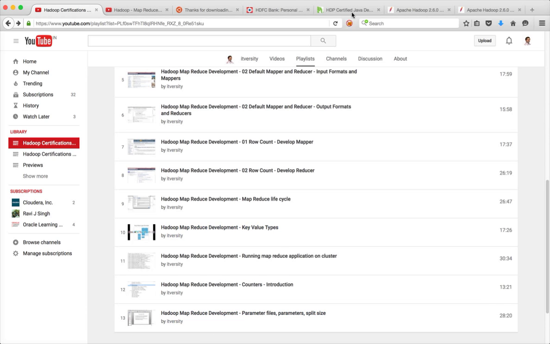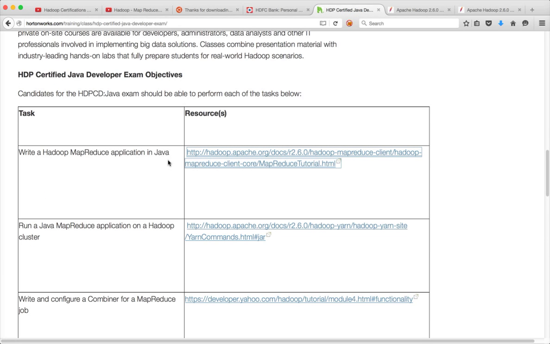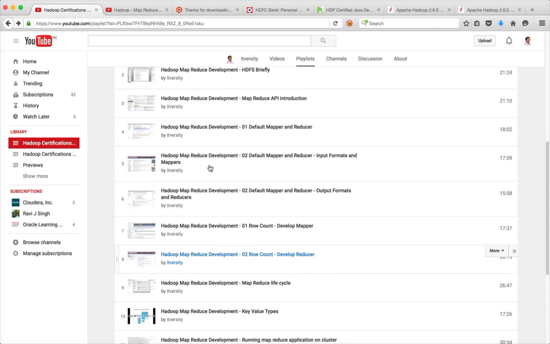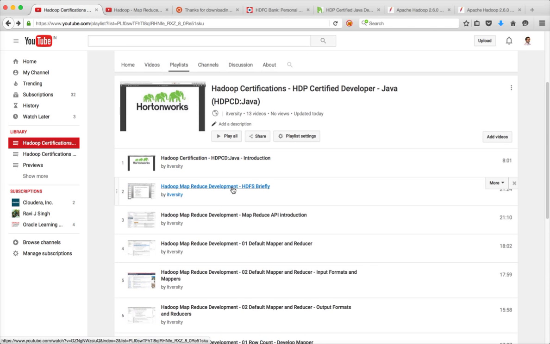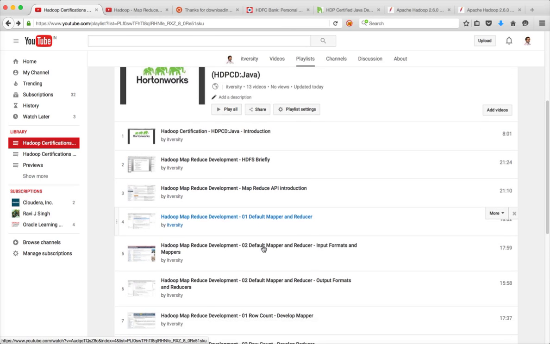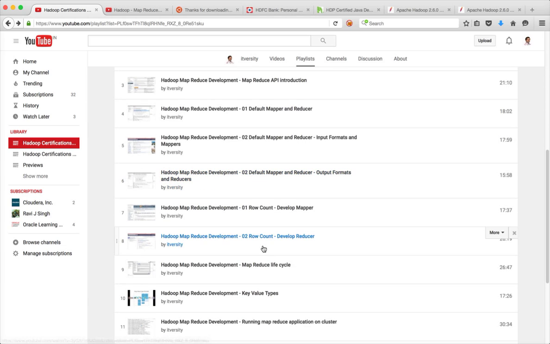So everything will be covered as part of the first task, and you can go through all these videos which are already added to the playlist, starting from brief HDFS introduction and then MapReduce API introduction, and then developing a couple of MapReduce applications and playing with parameters. And also you will be running the MapReduce application both using STS, which stands for Spring Tool Suite, and also